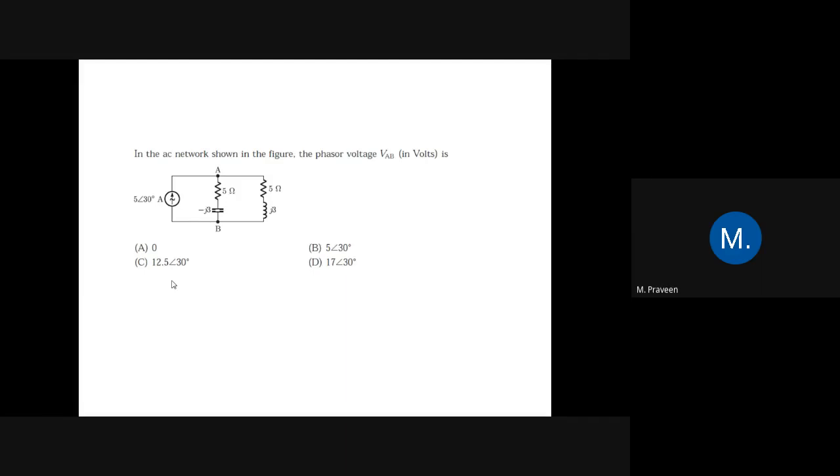So the question is very simple. Here we have two impedance parts. Here we have resistance and inductance. Here we have resistance and capacitance. So let us consider this one as Z1 and this one as Z2. First find the total impedance. After finding the Z value, they have already given the value of I. Now that you know I and Z, we have to find what is V. Can you guess what is the answer?